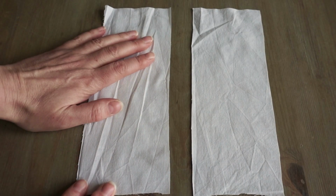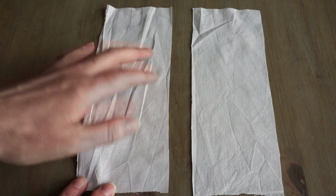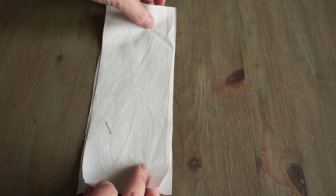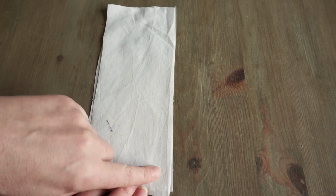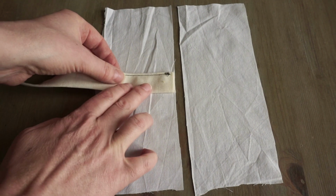Another way of securing a strap is to sew it straight into a seam. So if you had a look at our sewing seams tutorial, you'll know that you take two pieces of fabric, you flip one over, and then you sew them together. If you want to insert a strap into your fabric at any point, you just line it up,